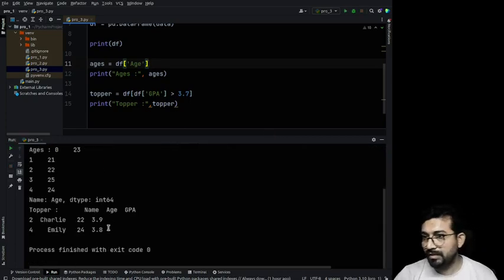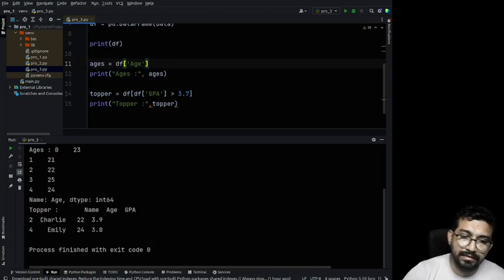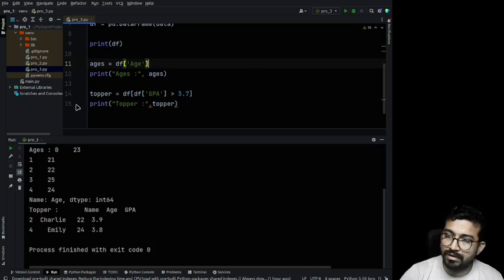So here we can see these are the toppers. So here we have also added a conditional statement to select only the rows where the GPA column is greater than 3.7. We have then assigned these rows to a new data frame called topper,